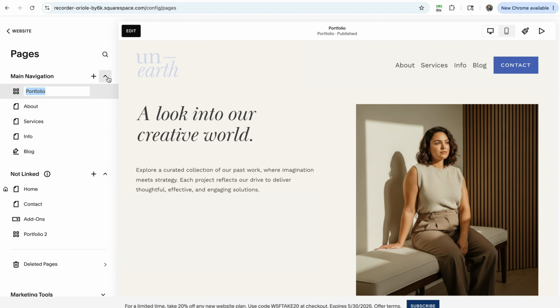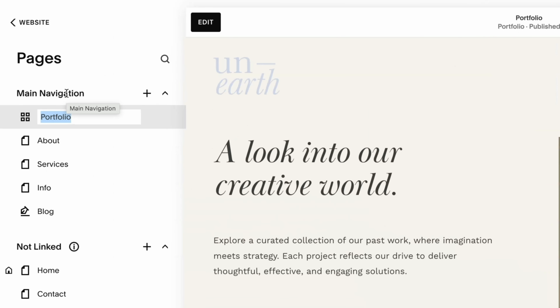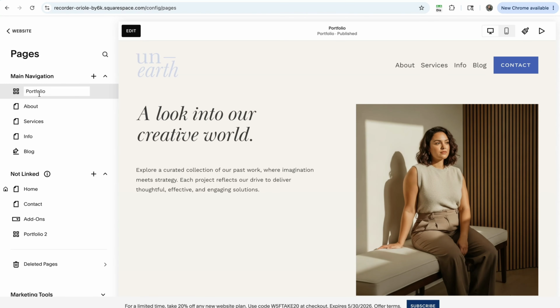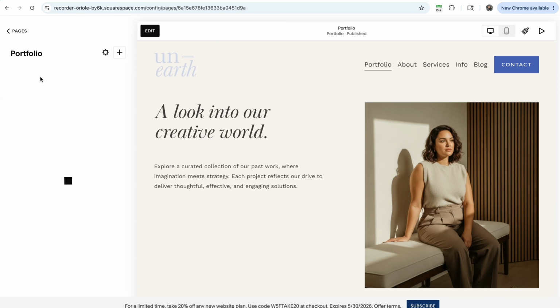You'll then be able to change the name of your portfolio. Here, we recommend choosing something simple like gallery or the obvious portfolio, whatever fits your business and is clear so that potential clients know where to look. And then once you've chosen your name, just click enter and it will take you directly into your new portfolio